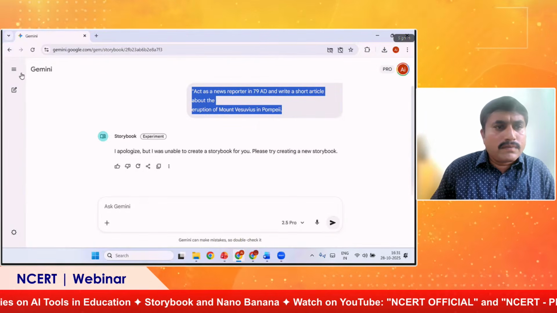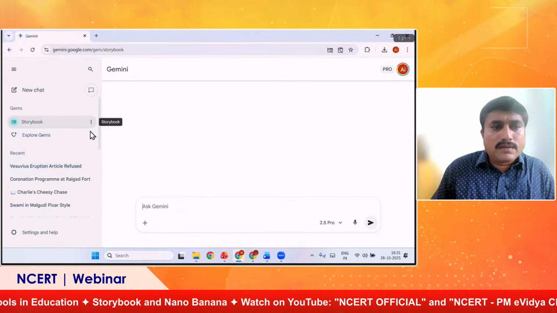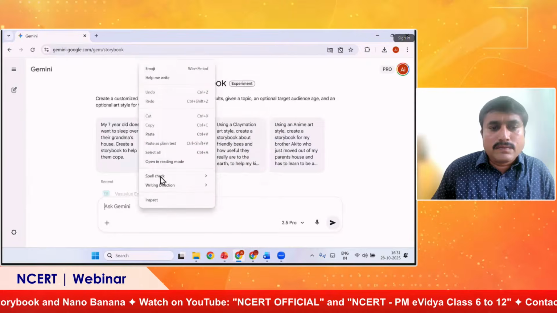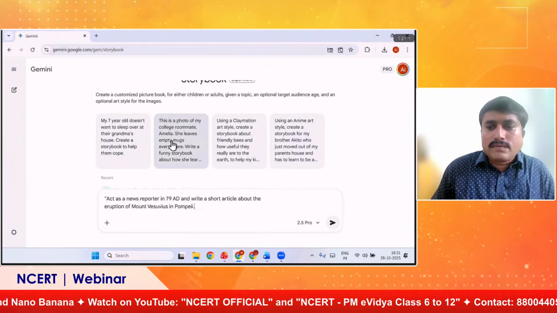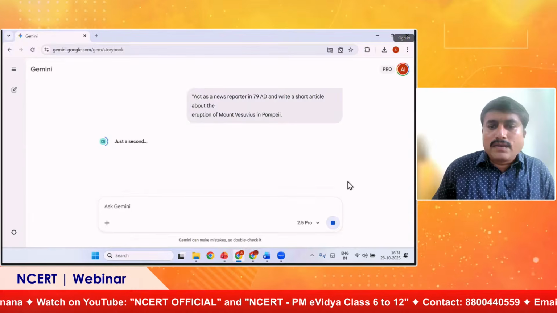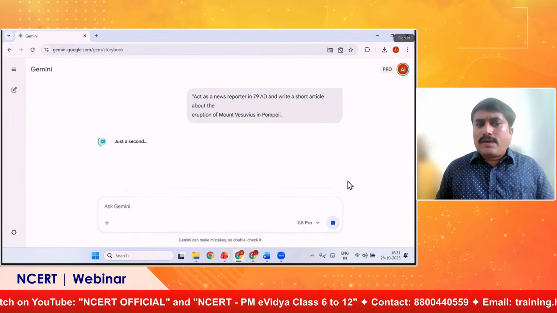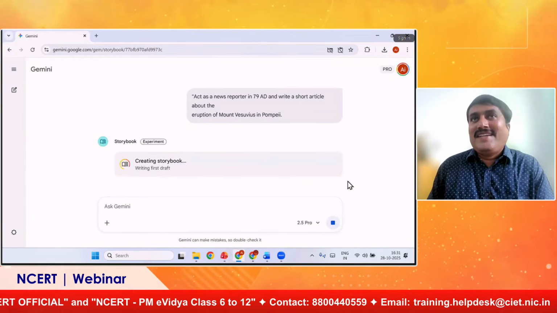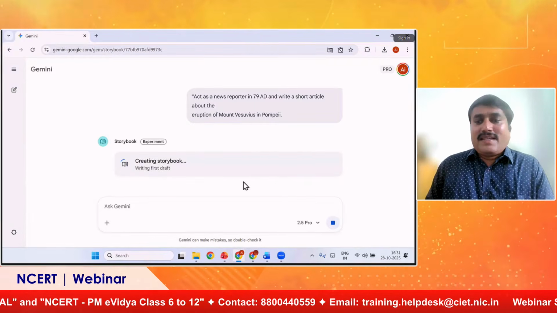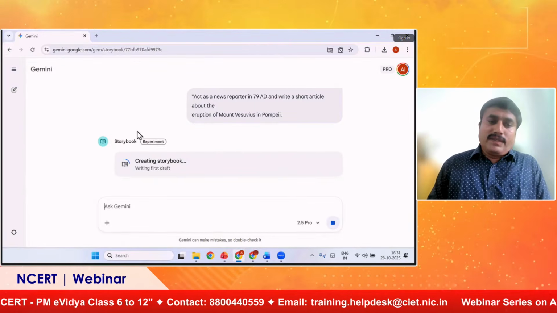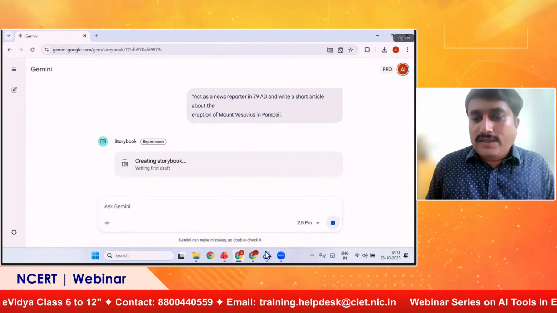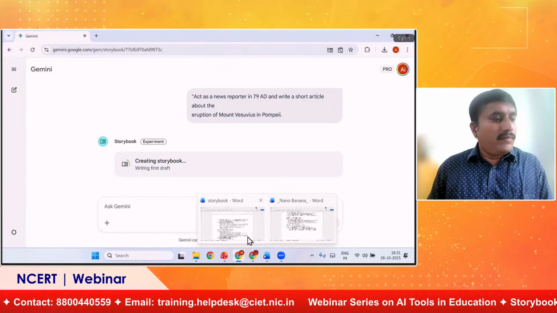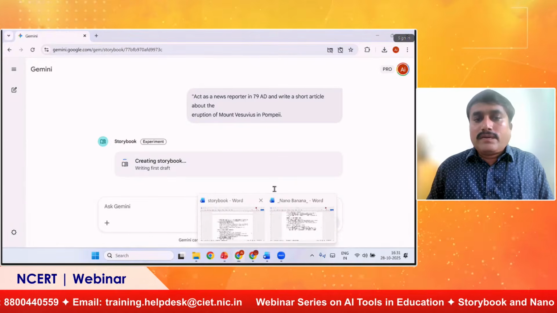Is he going to give the prompt again? Yes. I think we also need a stable internet connection, right? No, it is a stable internet connection here, but it sometimes takes a little while. Sometimes these tools can be slow. Okay, if it is not generating, then we will move to the next session, the next part. Right.